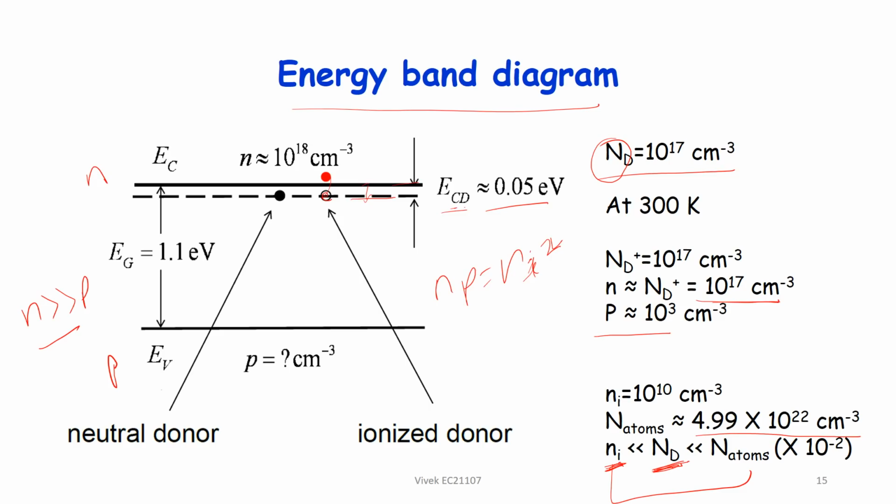So that is 10^10, and you cannot dope more than the number of atoms, because then the whole crystal will be made up of dopant rather than silicon. So Nd is usually between Ni and N atoms, and there has to be some margin. You can say it's a margin of 10^2. So if every 100 atoms you have one dopant atom, you can go to 10^20 something, right? Similarly, for the lower limit we will use 10^12. So typically the doping is between 10^12 and 10^20, and of course further doping is limited by the solid solubility limit.